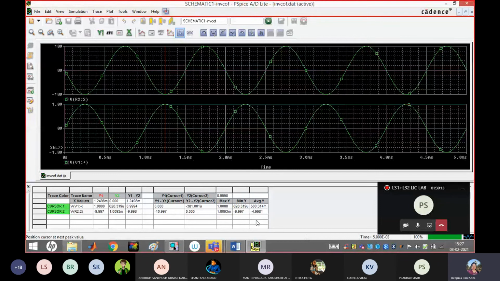How will the output shape look in all the cases? At least take 3 volt. RF is 10K, R1 is 1K. You may change the input with the default RF and R1 values, or you may keep the input as 1 volt but just change RF to 30 kilo ohm. R1 just keep 1 kilo ohm only. Not 30, you just take 40 kilo ohm or 50 kilo ohm. What will happen?